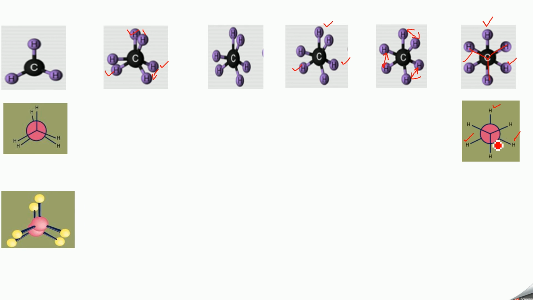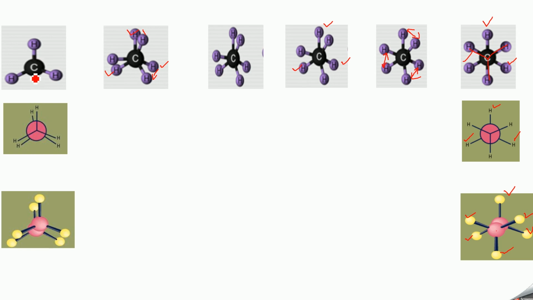So you have like this, and when you view it in the 3D model, it will be like this. Here, this is the back carbon with 3 hydrogens. So this one and this one and this one. These are the back carbon hydrogens. The front carbon is this one, and their hydrogens you have here. These are the front carbon hydrogens. So this is the 3D model of this form. Now these are the possible conformers you will have when you rotate the front carbon by fixing the back carbon.